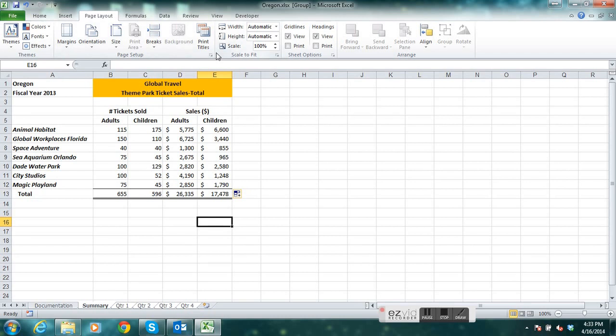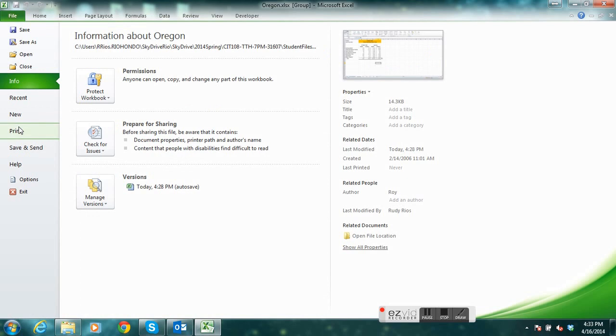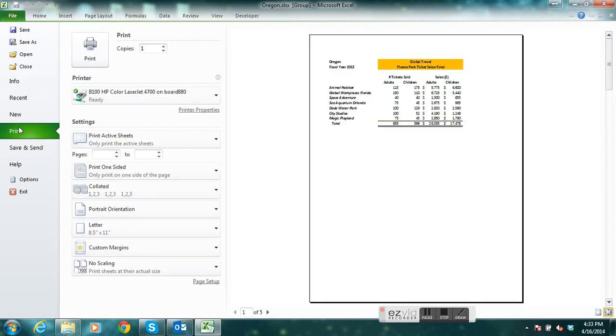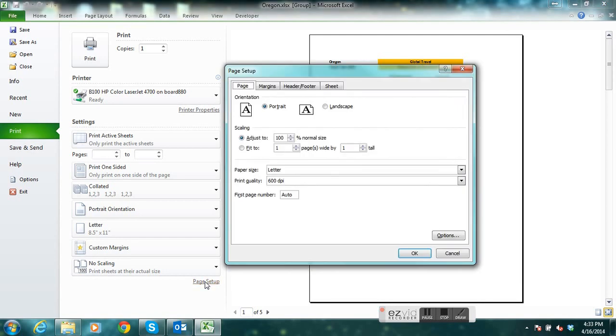Actually, since we're working on the headers and footers, yeah, we're working on the header. So we're preparing to print. So go to File, go to Print, and let's go to Page Setup,